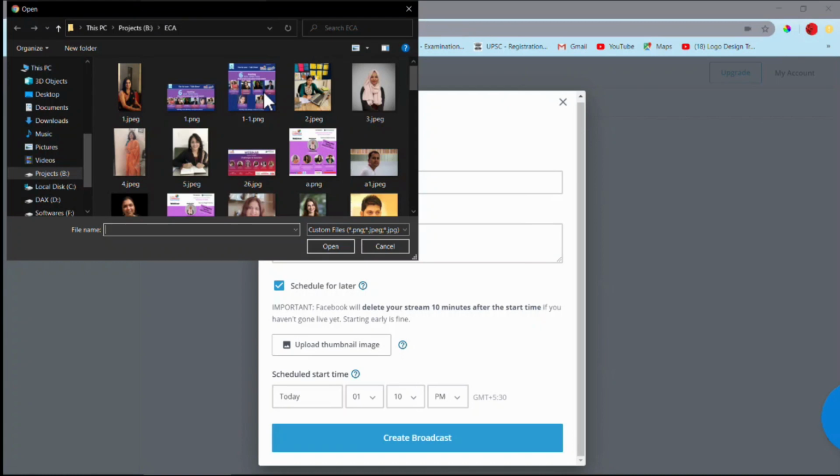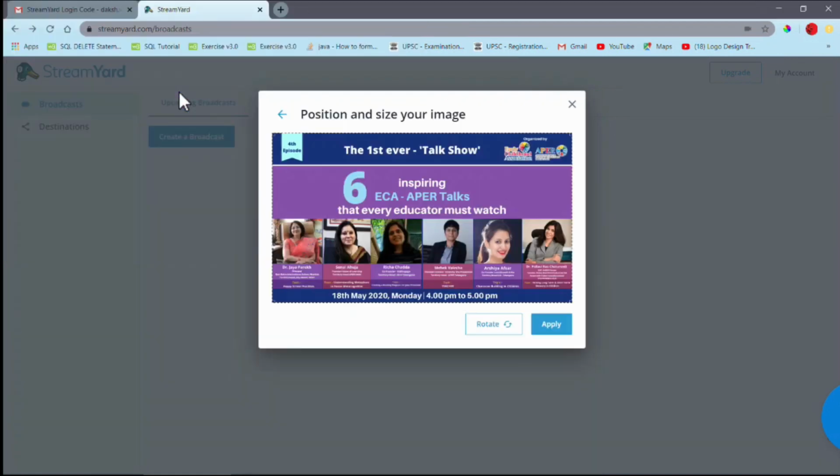After you click on upload a thumbnail image, you will be taken to a page where you need to select the image to be uploaded. And for you guys, I'm telling you something that most people don't know or don't understand. You just need to select an image which fits exactly into it, so that none of your content is cut off. The size which is prefixed by StreamYard is 1920 by 1080. After selecting a photo, you just need to simply click on apply. This will add your image to the scheduled bar.